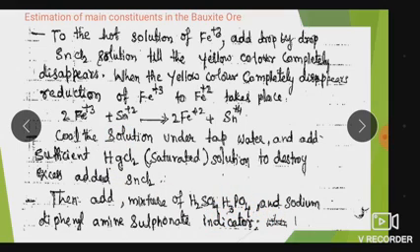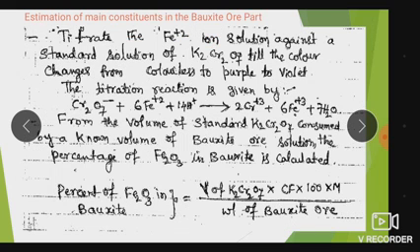Then add a mixture of H2SO4 and H3PO4 solution and diphenylamine sulfonate indicator, then titrate the Fe2+ ion solution against the standard solution of K2Cr2O7 till the color changes from colorless to purple to violet. The titration reaction is given by Cr2O7 2- plus 6Fe2+ plus 14H+ gives 2Cr3+ plus 6Fe3+. Here the oxidation of Fe takes place with the help of chromium, that is potassium